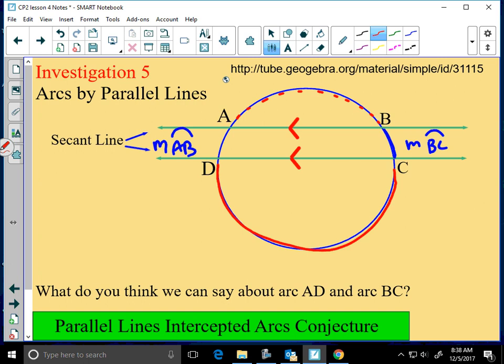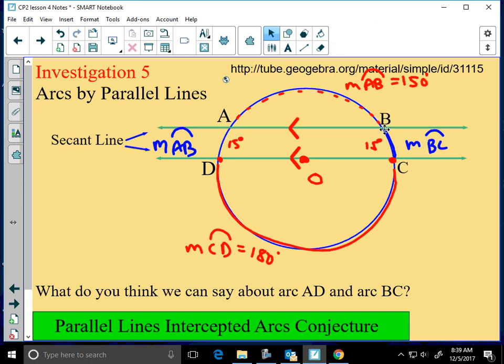How would this help me if I knew that these arcs were, let's say, 15 degrees? And let's say that this went through the center of the circle. Would I know the measure of this arc over here, measure of arc CD? That'd be 180, right? Because it's half the circle. And then I could do a little bit of work. I could take 30 away from 180, and it looks like arc AB would be 150. Okay, so there's a little bit of common sense going into this. But parallel lines that cut through a circle will create, on the inside of the parallel lines, congruent arc measures. It's just kind of a symmetry thing that you need to get used to. Okay. Let's pause this and